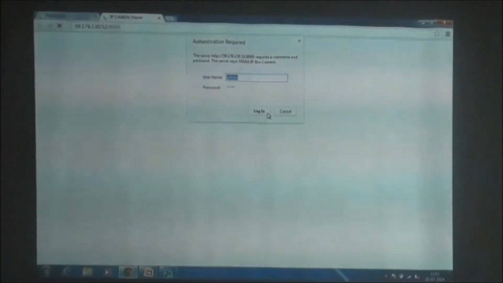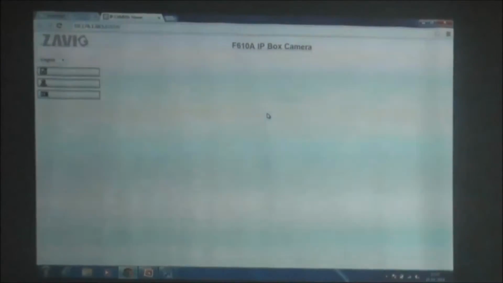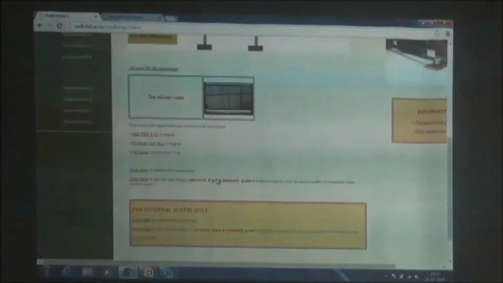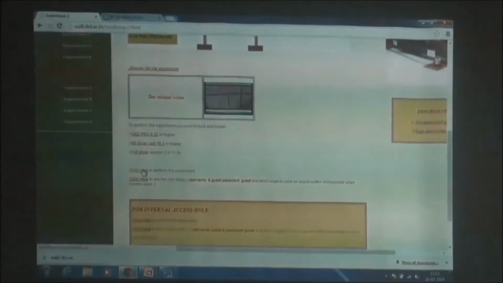So click here to get access to the camera. The username is guest and the password is also guest, though I am using the administrator one. The camera opens and you can see the real setup in front of your eyes. Please bear with it if it takes a little bit of time. After you have seen the real experimental setup, you can then go on and perform the experiment. Again, it's based on VPro,